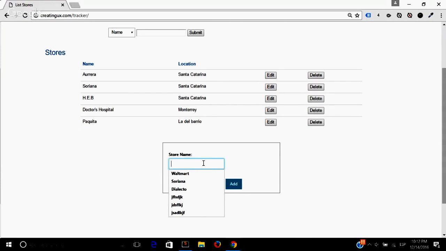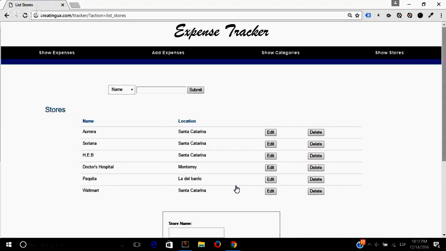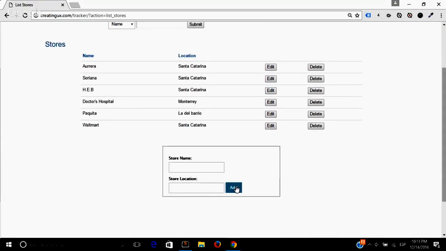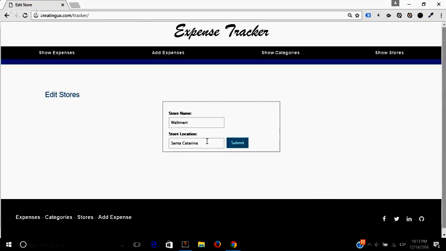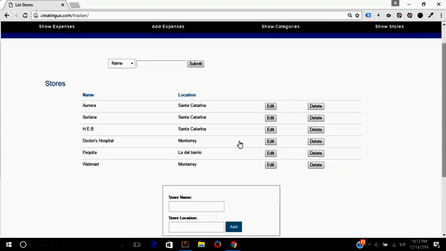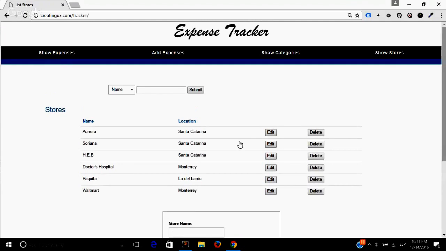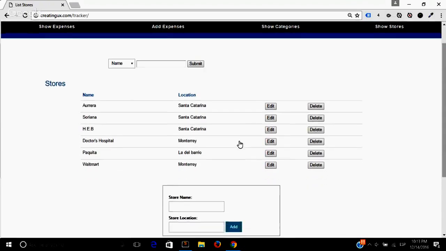can come and say, I want to add Walmart, and it's going to be Santa Catarina. That's where I live, and we have added Walmart. So now we can edit, and I say, no, I want it to be Monterrey. I just made a mistake, and there's no Walmart there. So I added the one in Monterrey. And this is pretty much the functionality that I have created